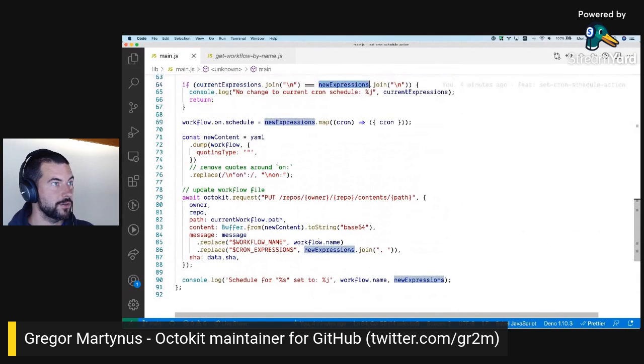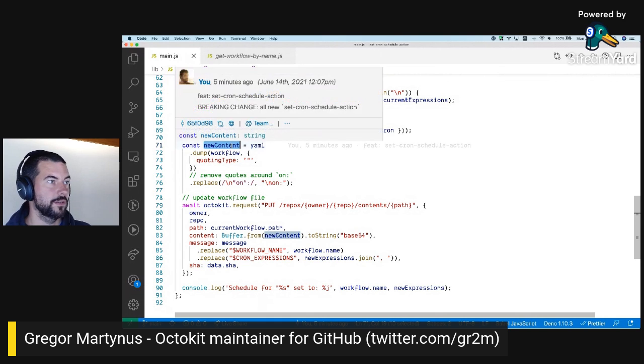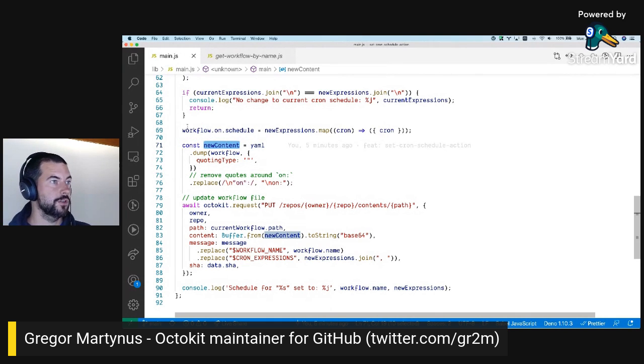And then if there is no change, we are good and we just exit again. Otherwise, I update the workflow object, the schedule key, with the new cron schedules, and then create the YAML string for the new workflow object and update it.